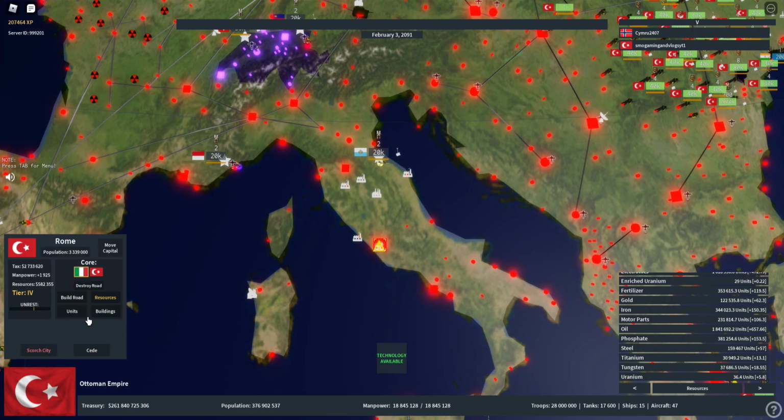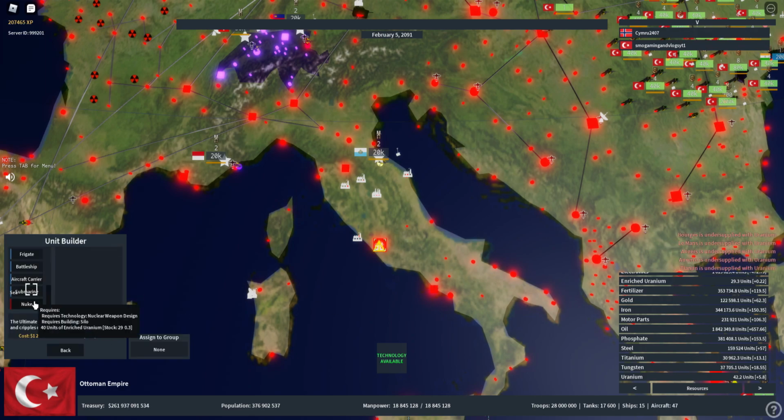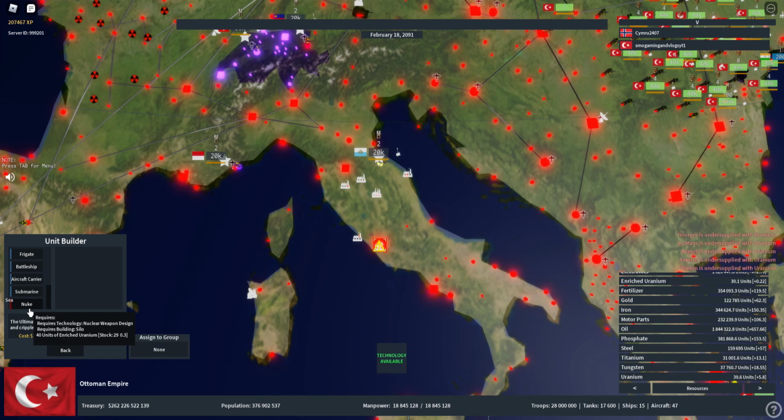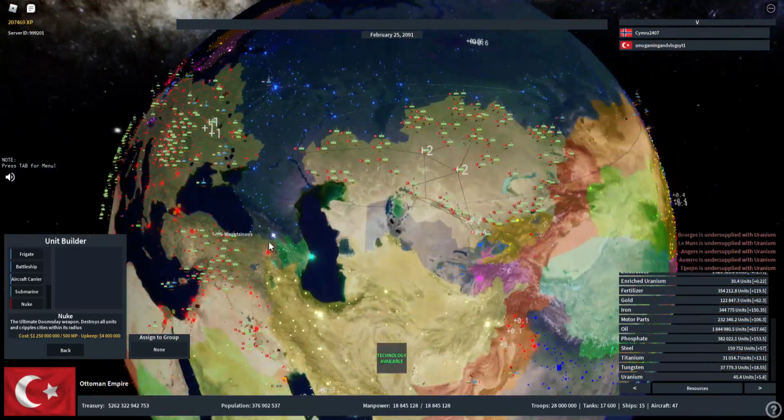But to build the nuke, you're going to go to units, and go down to nuke. You can see that it requires the nuclear weapon design, and requires the building silo. Take into account the silo has to be in that city for you to build it. And you're going to need 40 units of enriched uranium. I suggest you not try to buy it from another country because it gets super expensive and can bankrupt you quickly. So what I do is...